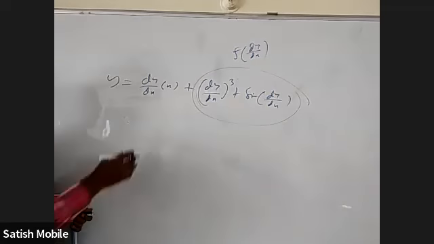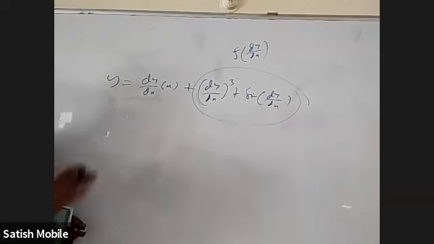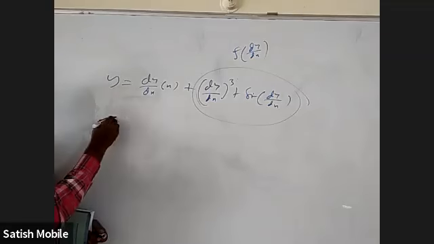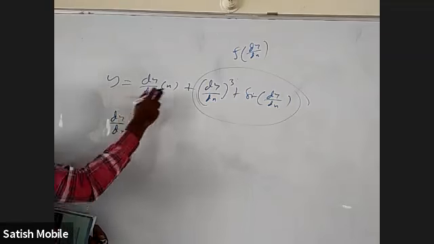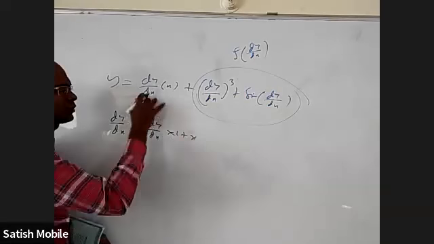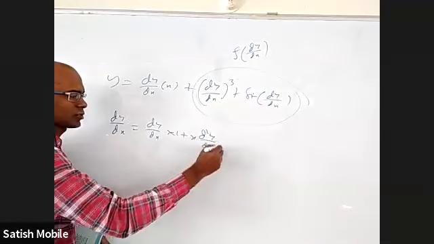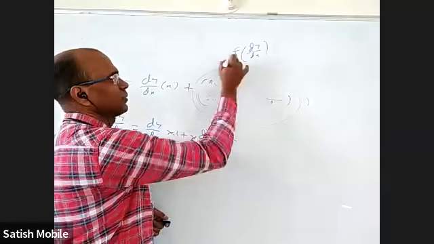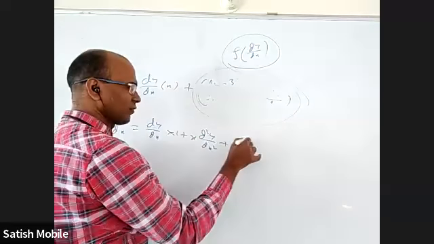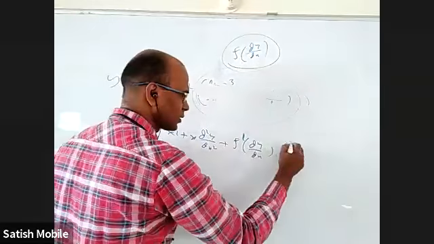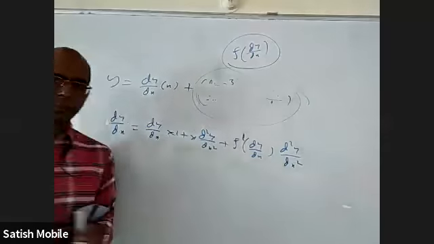Now, coming to this, how to solve this is simply differentiate this once. This is already a differential equation, but differentiate once again. So what will happen to y? dy by dx. Here product rule. dy by dx into derivative of x is 1 plus x into derivative of this is d square y by dx square. Here something will come. Let me write f of dy by dx. The derivative of f of dy by dx will be f dash of dy by dx into derivative of the inner dy by dx, which is d square y by dx square.